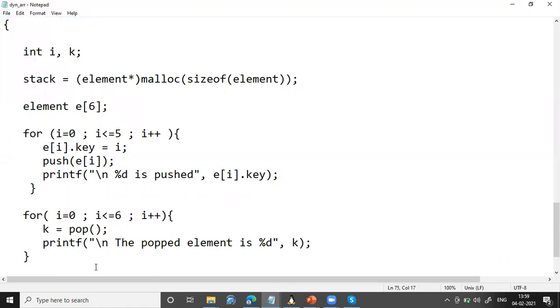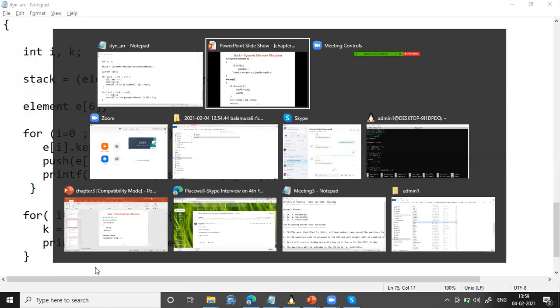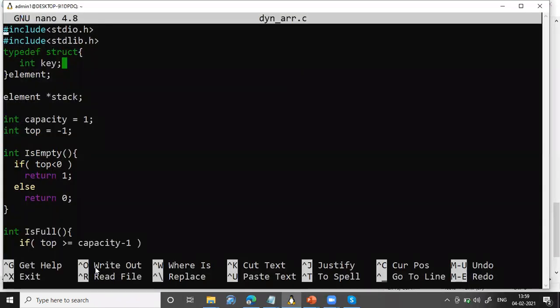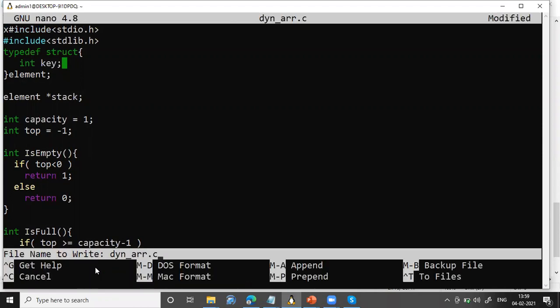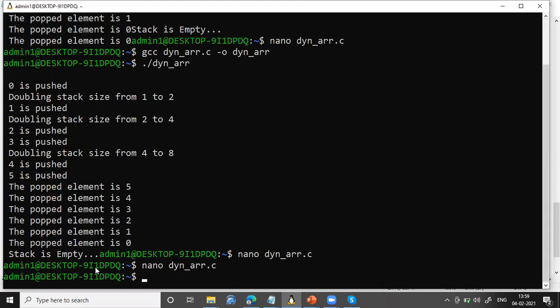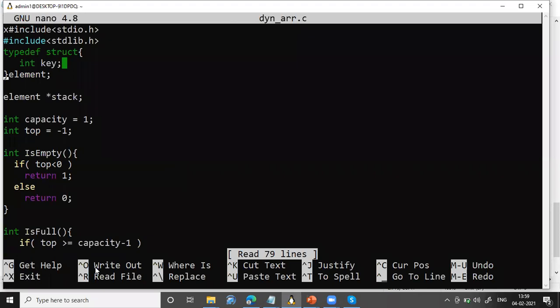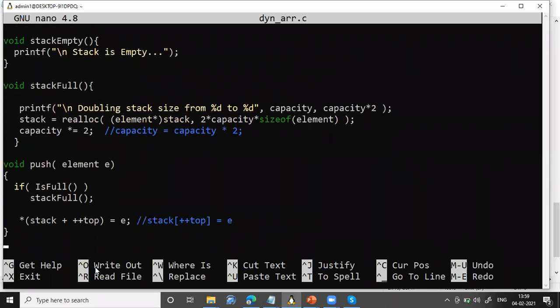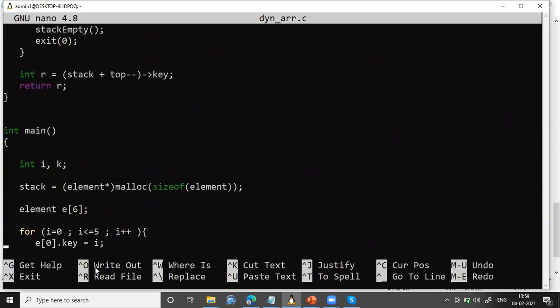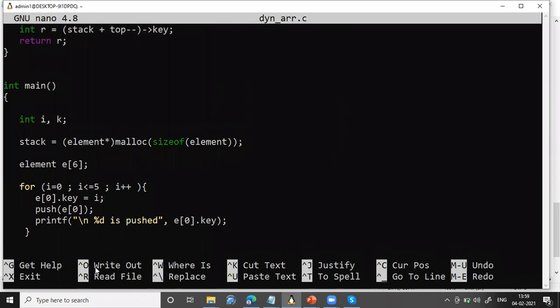Saving this. The respective WSL GCC code is here. This is the code. You can see whatever I have shown in the notepad, it's the same code, nothing else. There is no change in this code.